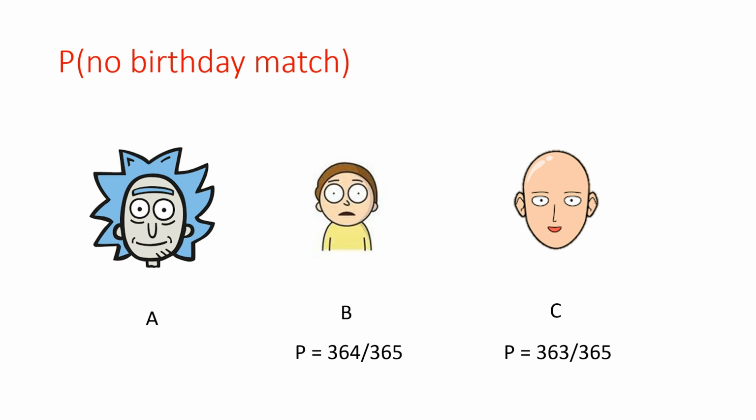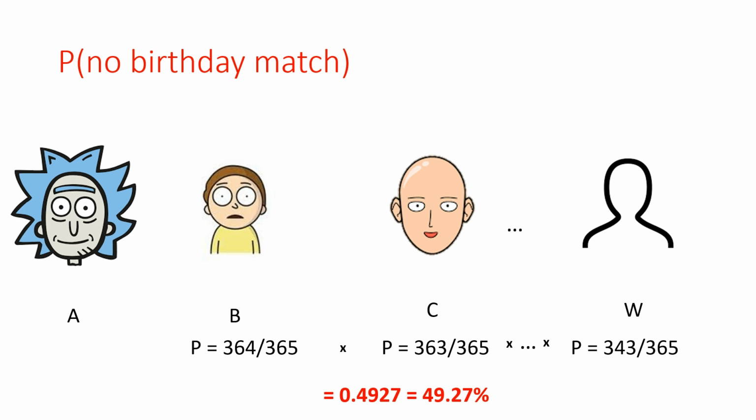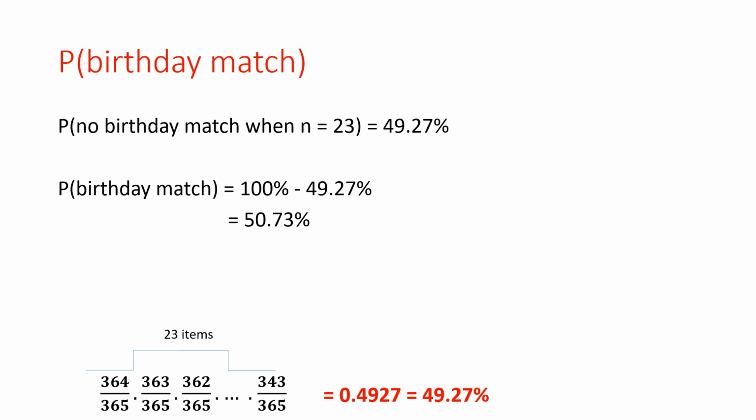We continue this pattern for each person in the group all the way down to the last person, which is the 23rd person, who has a probability of 343 out of 365. By multiplying all these probabilities together, because all the probabilities are independent of each other, we find the probability of no birthday match. We have to multiply all the probabilities of each individual person having no matching birthday. We find the probability that no one shares a birthday, which turns out to be 0.4927, or 49.27 percent. Subtracting this from 100 gives us a 50.73 percent chance of at least one birthday match in a group